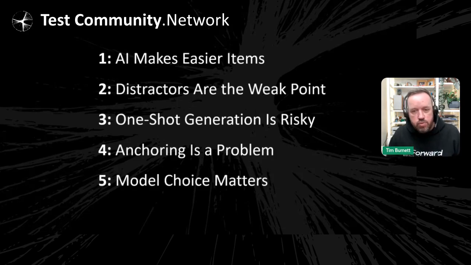One-shot generation is risky. Now, some people would agree with that, and some people wouldn't. The way I see it, one-shot generation is asking the AI to create the stem, the correct answer, and the distractors all at the same time. Because if you're going to edit it like you should be, doing your SME job of reviewing the item and making tweaks, then you need to regenerate those distractors, because they might have changed as a result. Even the correct answer might have changed as part of that process. So I do think you need a two-stage journey in this, and I will show you that two-stage journey as we go through.